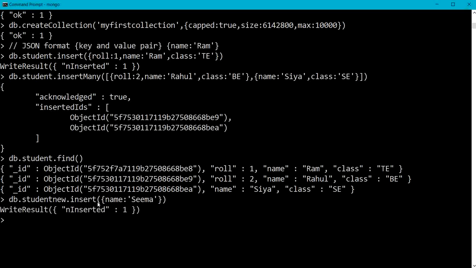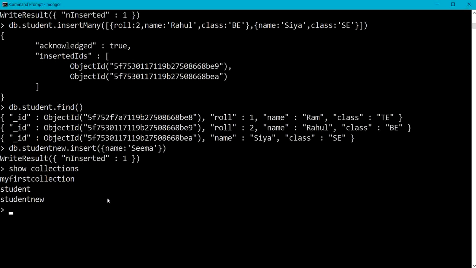So here the document is inserted. Now let us check the collections. I had already created the student collection, and now, with the insert, the studentNew collection is created.